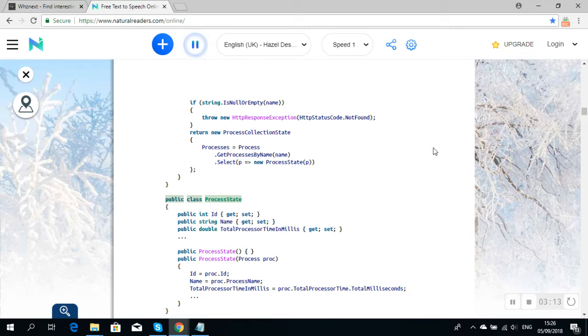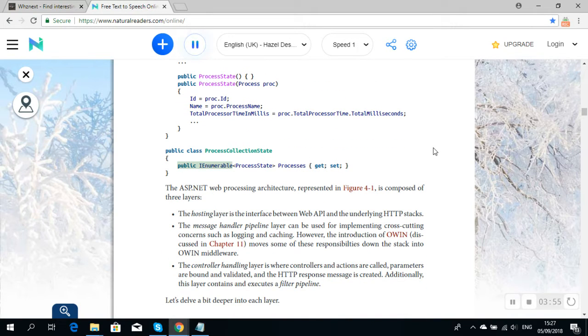public class ProcessState. public int Id { get; set; }. public string Name { get; set; }. public double TotalProcessorTimeInMillis { get; set; }. public ProcessState(). public ProcessState(Process proc). Id = proc.Id. Name = proc.ProcessName. TotalProcessorTimeInMillis = proc.TotalProcessorTime.TotalMilliseconds. public class ProcessCollectionState. public IEnumerable